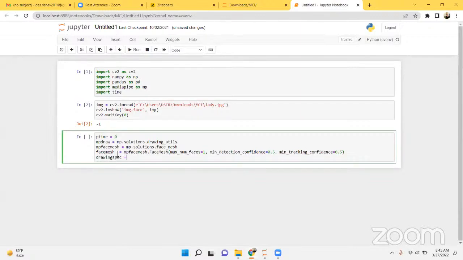So drawing specification. What is drawing specification? Drawing specification means what color of landmarks I want, what will be the thickness and all. So with MP draw, the drawing utilities, I am using these drawing utilities dot drawing spec. Okay. Now here, first of all, we will take some parameter called thickness, which is equal to 1, comma,